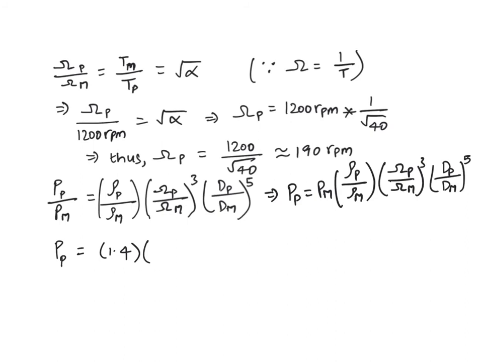So rho P would be equal to rho M is equal to rho, and rho gets cancelled to give a value of 1